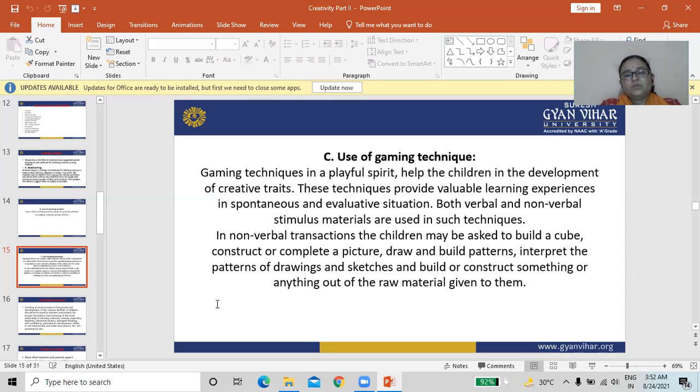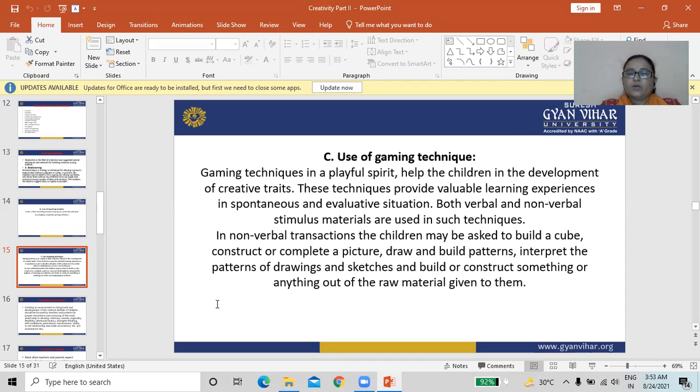In non-verbal transactions, the children may be asked to build a cube, construct or complete a picture, draw and build a pattern, interpret the pattern of drawing and sketch, and build or construct something out of the raw material given to them.